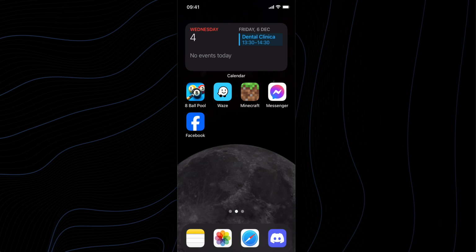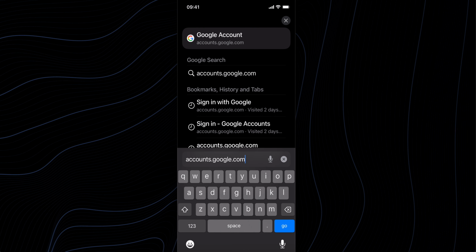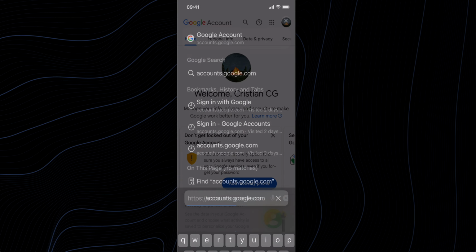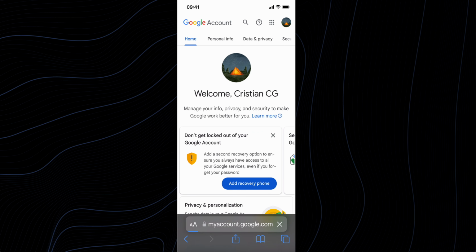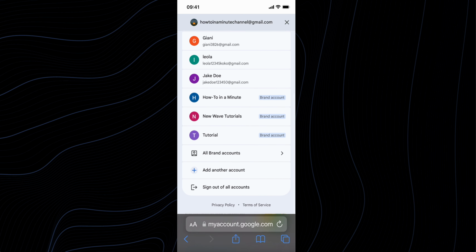So the first step is to simply open any browser, and then you're gonna have to simply type in accounts.google.com and then simply search for this. Then you're gonna get redirected to this page where you're gonna have to simply tap on your profile picture in the top right corner. Then what you're gonna have to do is simply scroll down and tap on add another